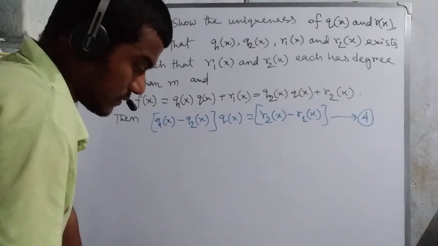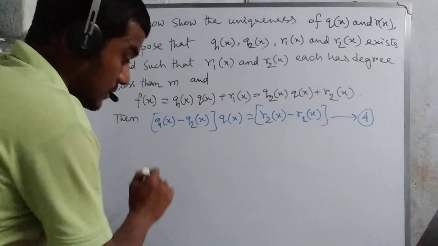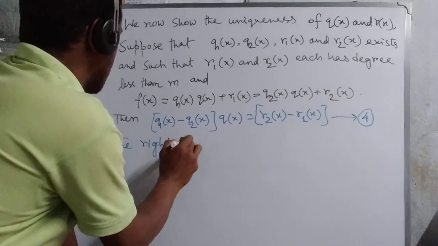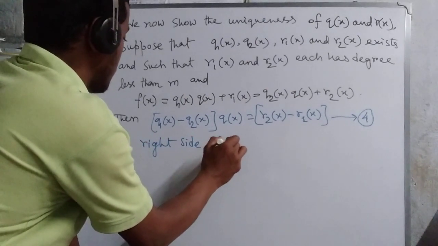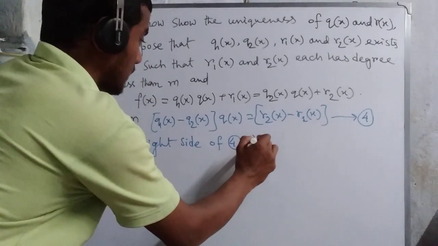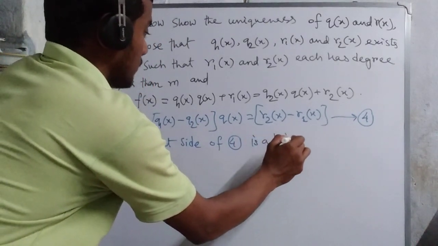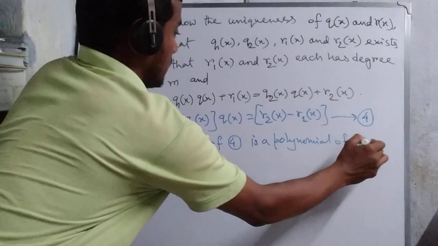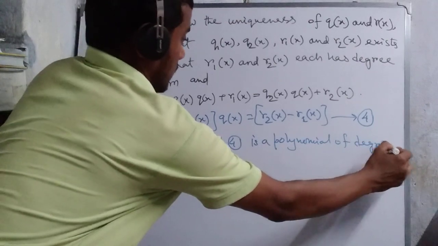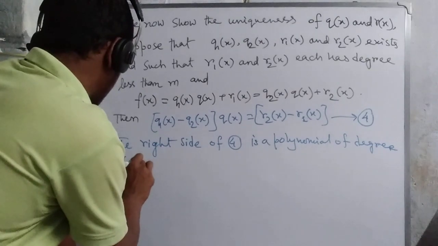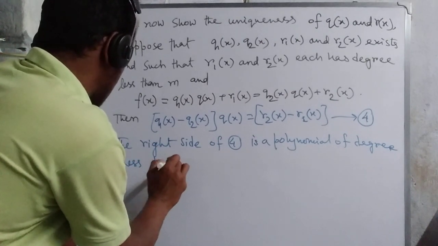Then obviously the right side of 4 is a polynomial of degree less than m,